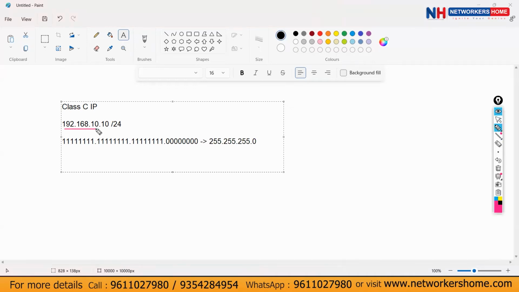Which means these 3 octets should remain constant, but this octet can vary. So for this IP address, what is the starting point? 0. Correct.